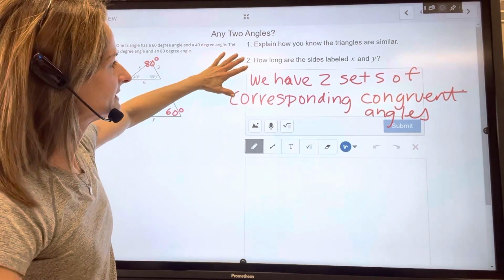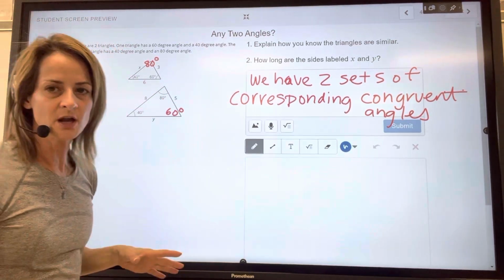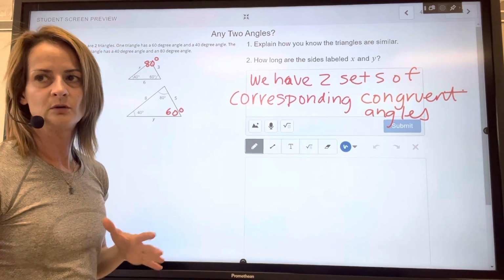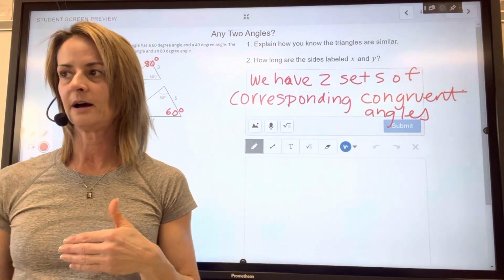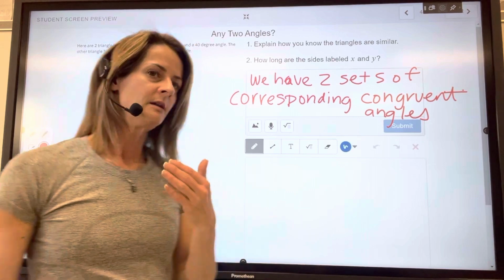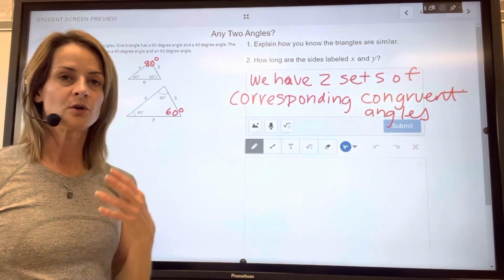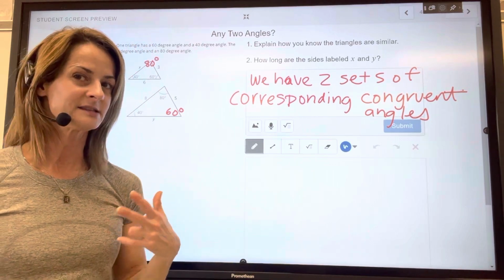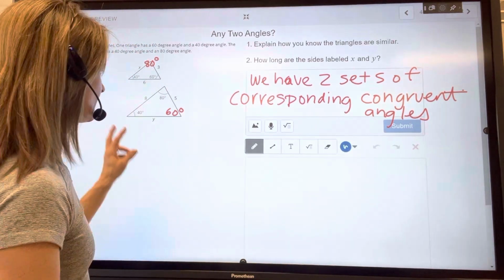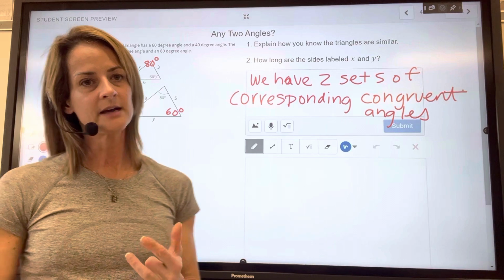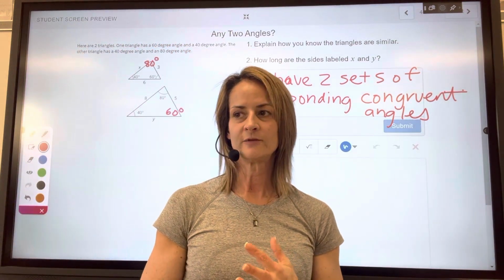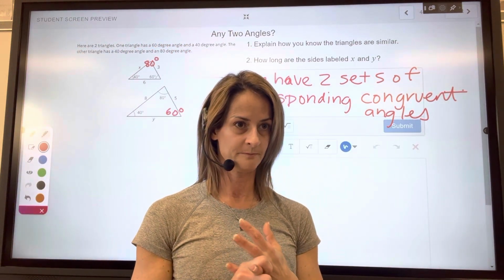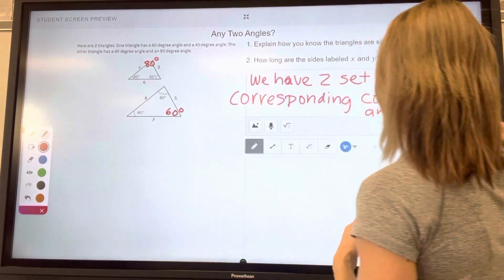How long are the sides labeled X and Y? Well, now that we know that the 2 triangles are similar, we've proved it by angle. Now that they're similar, we know that all their corresponding sides are proportional. So we can write a proportion and solve for missing variables. We have 2 missing variables. We have X and we have Y. So we are going to have to write a proportion for each of those separately. So start with